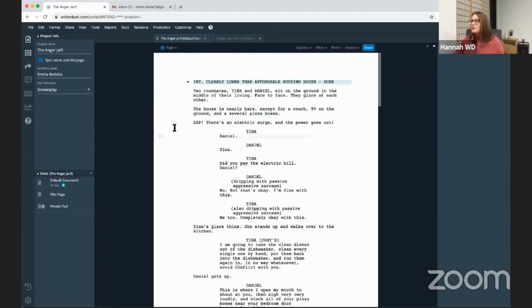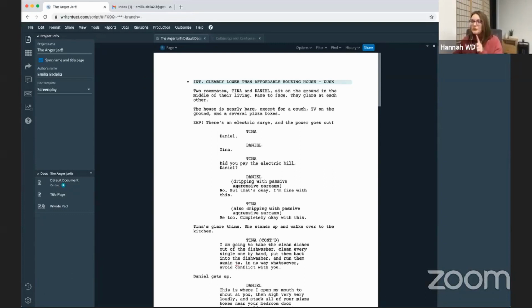Okay, so you have a couple of different ways that you can go about sharing, really just different ways that you can access the sharing options. You have this share option just above your script. You have the share widget on the left, and you have the share option in the menu above. If you are like, I'm not seeing this display